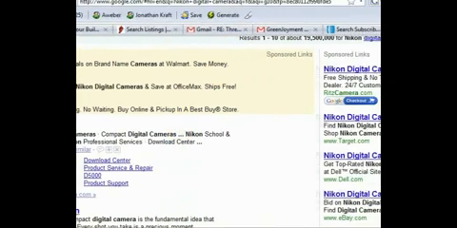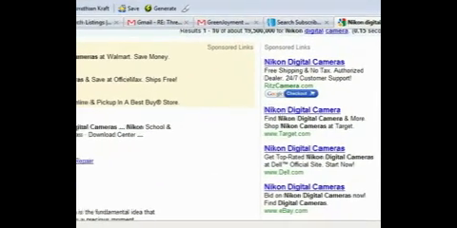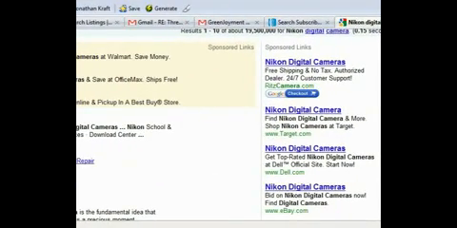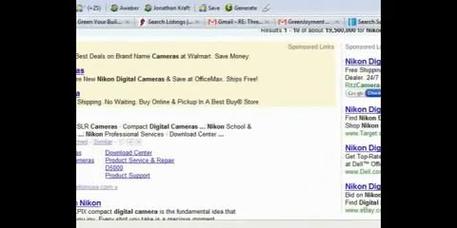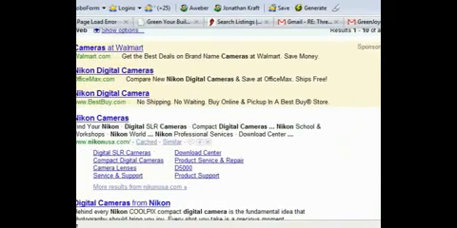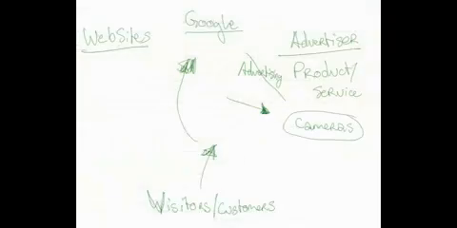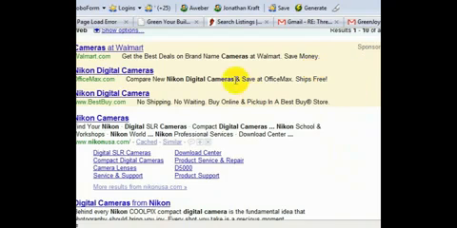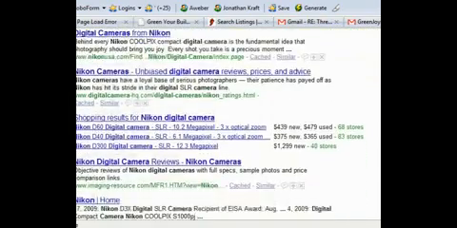Google doesn't make money from these advertisers in most cases. In this example, let's say, until I actually click on one of these ads. And I'm not going to click on that ad because that would cost Ritz Camera, and I'm not actually looking for a Nikon digital camera at this point. However, there are also people on the other side of this equation who have websites. And I may not go to the advertiser's website. I may not click on Walmart or OfficeMax or Best Buy. I might click on Nikon USA, or I might just go to someone.